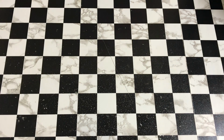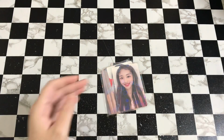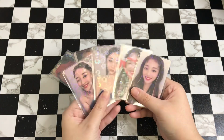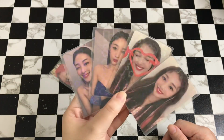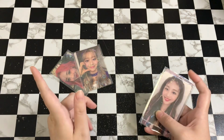And now I'm gonna go with, oh, let me do Eve. I do have a lot of Eve cards actually, but where are they? So we have this, and this. I decided that I will only collect certain ones, because the season greeting sets are 5 cards. So for the 2020 season greetings, I like almost all of them except for the close-up. I don't like that one that much, but these I was like, yes, I need to have these for sure. For the 2021